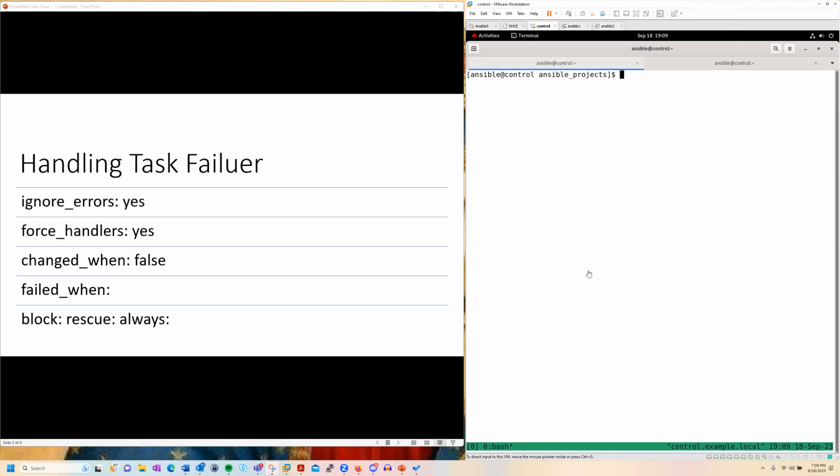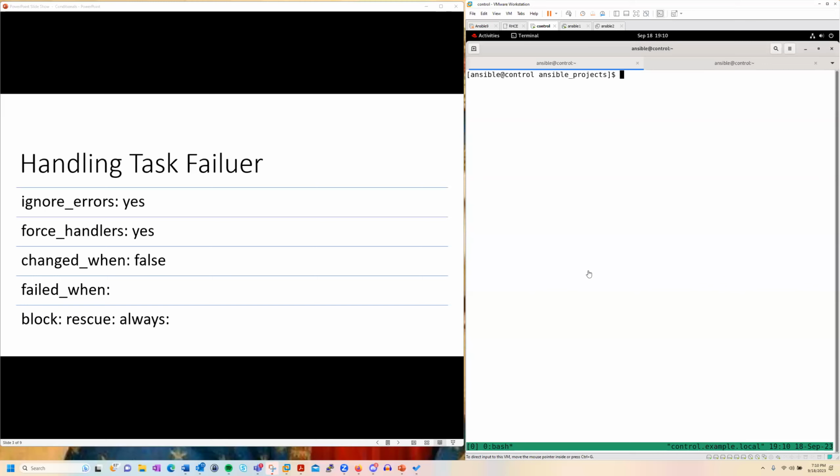when to use changed_when to false, so the tasks that erroneously report a change at the managed node, we stop them from doing that. How to decide when a task is failed, because there are certain modules, such as the shell and the command modules, that will run on managed nodes and they will not report anything back. How do we search for strings within the output of those tasks so we can decide whether the tasks failed